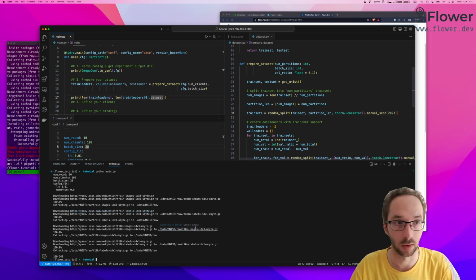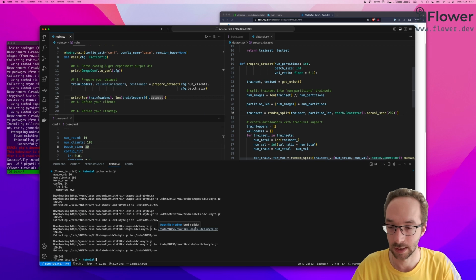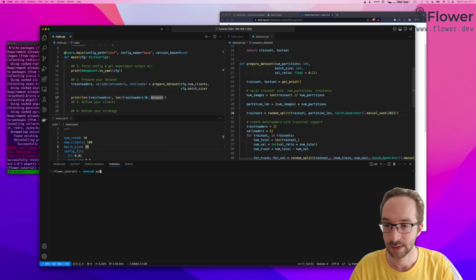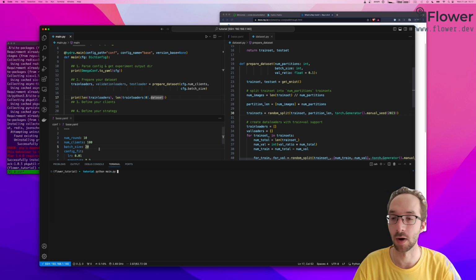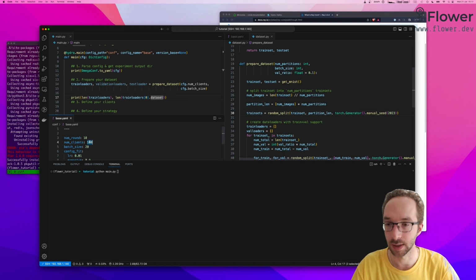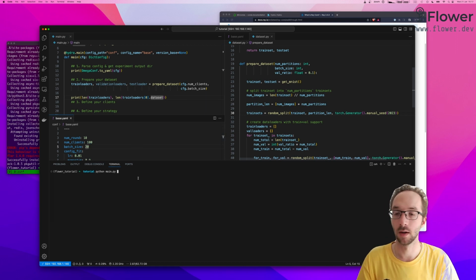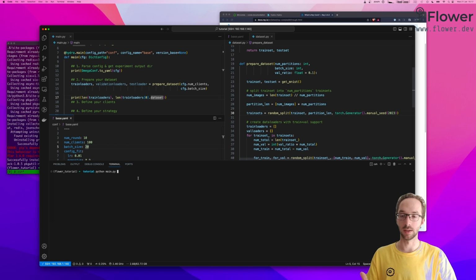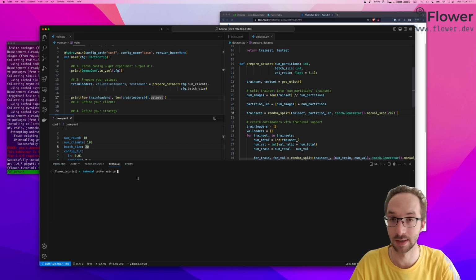And for example, before we end this section, let's clear all this. Let's say that we want to change the number of partitions because we want to change the number of clients. So you could go here to the config and change it, but Hydra makes it fairly easy, which is one of the benefits of Hydra: you can override the parameter directly from the command line. In this case, you will say num clients, for example, equals